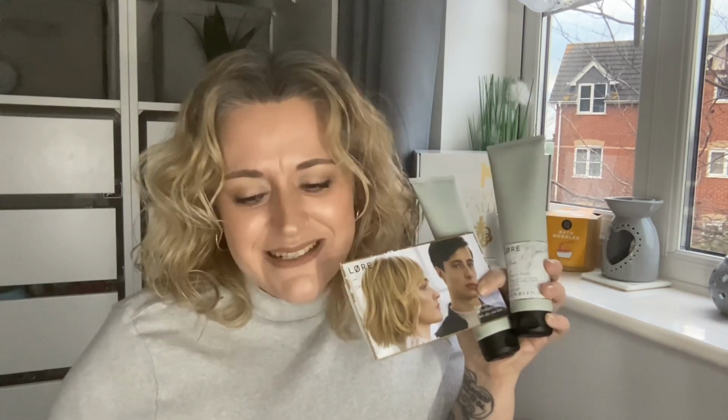So we have a shampoo which has an RRP of £18. We have a matching conditioner which also has an RRP of £18. And then we have a Legend hair treatment which is worth £8. It says cleanse and purify your scalp and hair with a unique blend balance of shampoo, of 4 sulfate-free cleansers